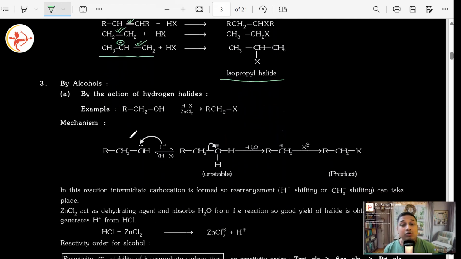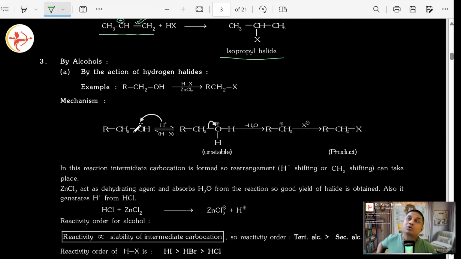From alcohols also we can produce alkyl halides, provided we use some HX, some acid, HCl, HBr, whatever we want to substitute OH with. At the same time, we use zinc chloride. We can take only zinc also, but we wish to increase the concentration of X, so we can go for zinc chloride, zinc bromide, all that. Are we good? It will cause the X to be taken away by zinc.